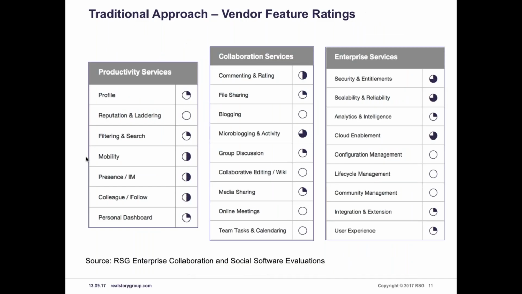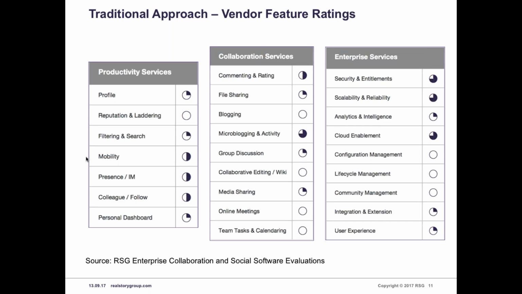important. So the traditional approach to this, you probably recognize it, is to look at vendor features, right? And then to look at feature ratings. And you can see these all over the web. You can do it yourself. Very often you see Excel matrices with these sorts of requirements. And we do feature ratings as well.